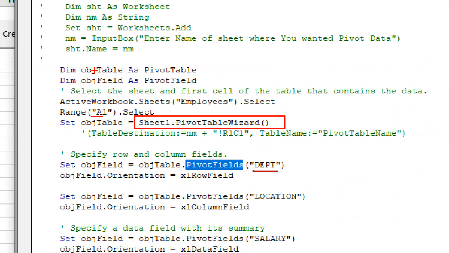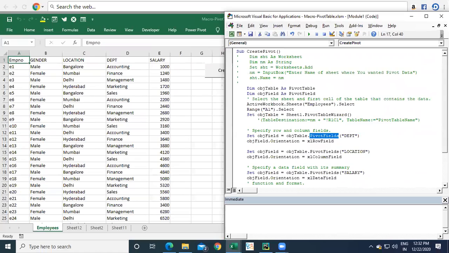So the obj field we have declared here is equal to objTable.PivotFields of this one. From the pivot table, select the field as department, and that should be given as Excel row field. So this has to be a row field, which has to go row wise. That means the orientation we are telling is Excel row field. So the department will be row wise. The same way, you can see here